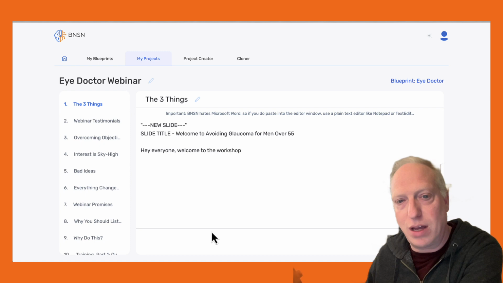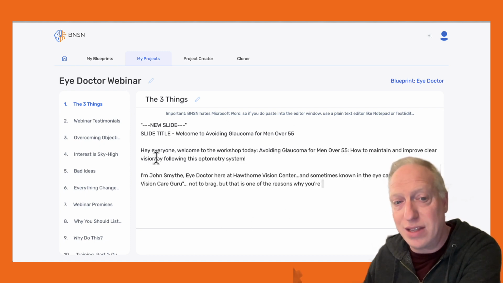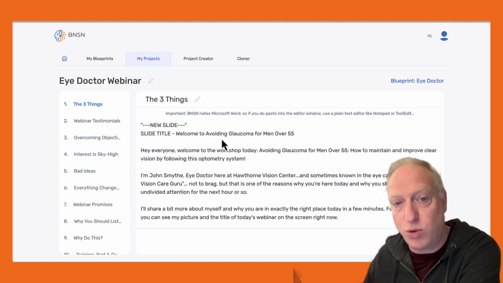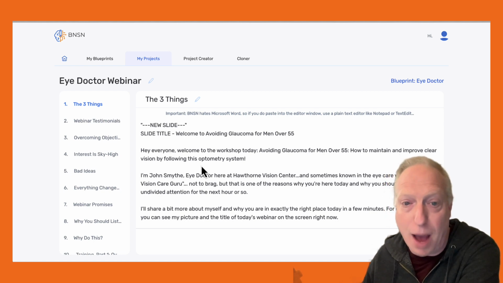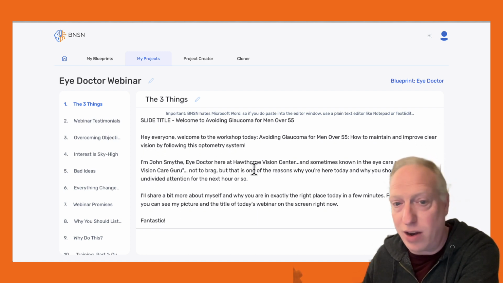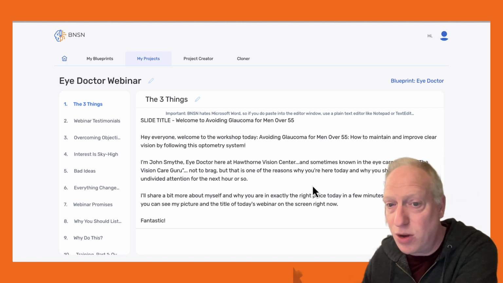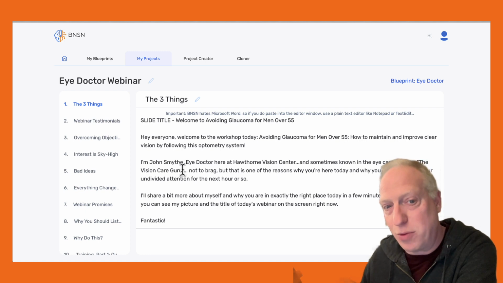building out both the slides, telling me what should be on the slide, as well as the text. So you can see it's saying, here's the slide, welcome to Avoiding Glaucoma for Men Over 55. Hey everyone, welcome to the workshop today, Avoiding Glaucoma for Men Over 55, how to maintain and improve clear vision by following this that's optometry system. I'm John Smythe, eye doctor here at Hawthorne Vision Center, and sometimes known in the eye care world as the